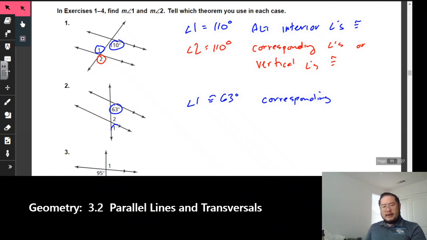For angle 2 right here, we can go ahead and say that that angle right there is 117. The reason being is we have consecutive interior angles. Remember, these two angles right here, angle 2